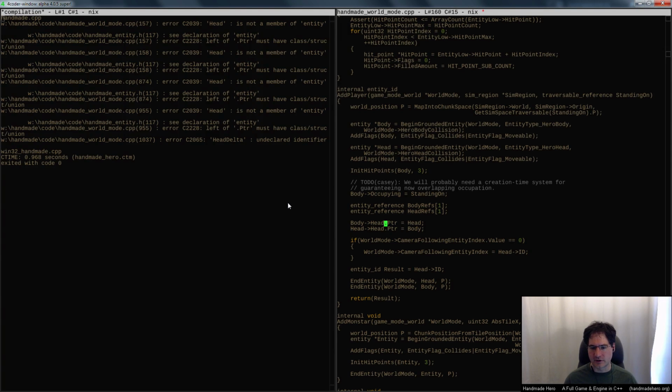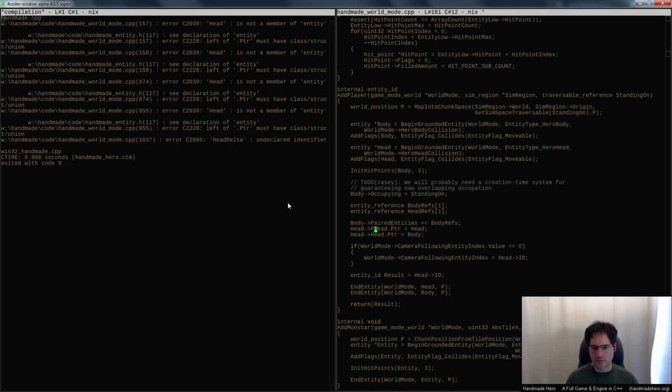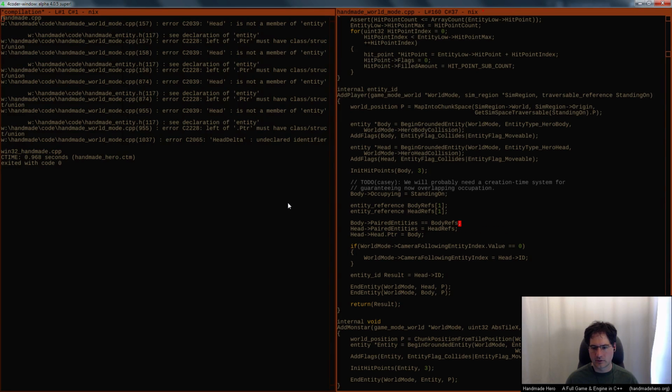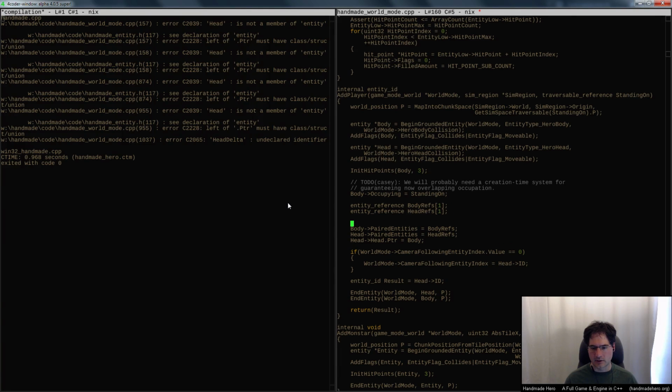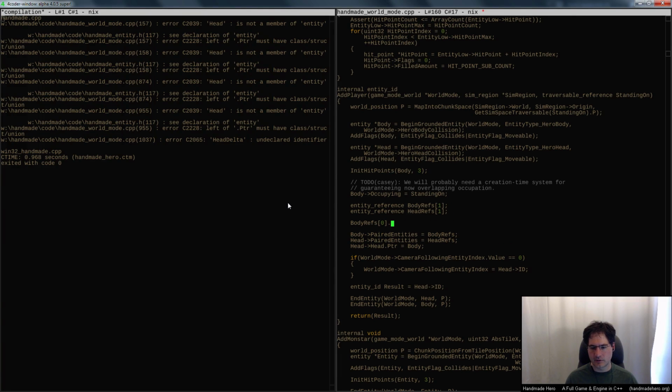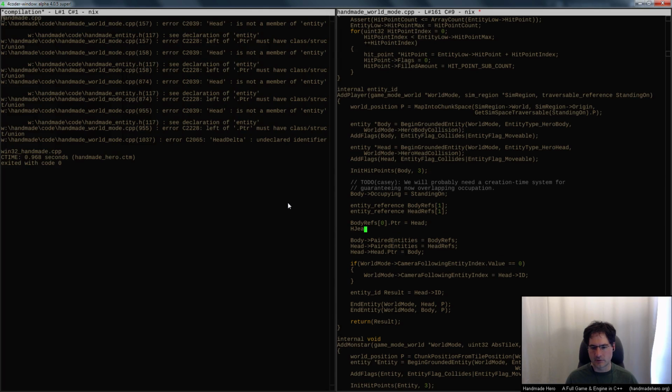And then in here we can just say, oh, okay, the body paired entities equals body refs, head paired entities equals head refs. Yeah. So body refs 0 dot pointer equals head refs 0 dot pointer equals body,